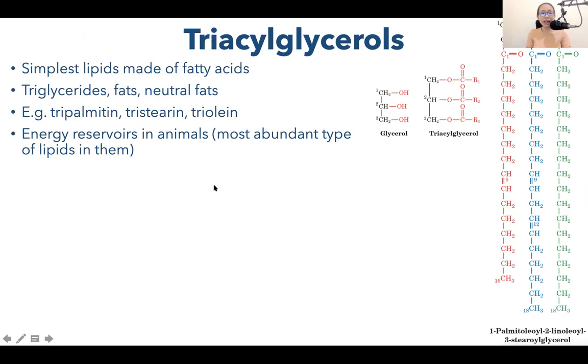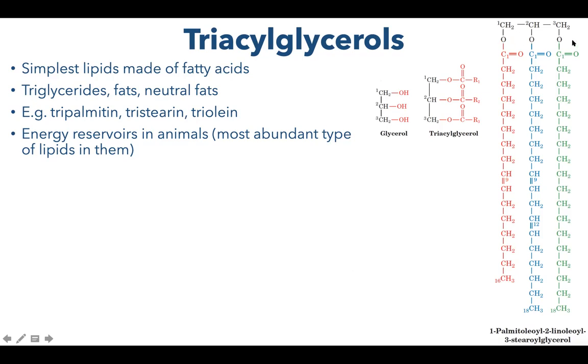So the next class of lipids is your triacylglycerols. So the triacylglycerols are the simplest lipids made of fatty acids. So yung structure niya, it requires a glycerol molecule. So this is your glycerol molecule. And then you have 3 fatty acids condensing with this glycerol molecule. So meron kang,